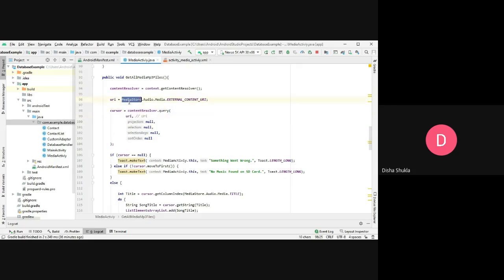That is, we are passing the value of what we want from the content provider. And all the other things, like if you want to put any kind of a projection or any kind of a selection, these are the constraints that you want to put inside your query. I don't want any such constraints, so I'm putting just null over here. So there are 1, 2, 3, 4, and 5 parameters inside the query method.